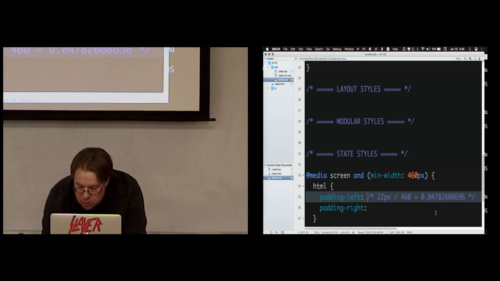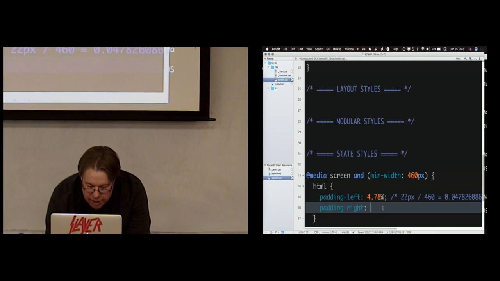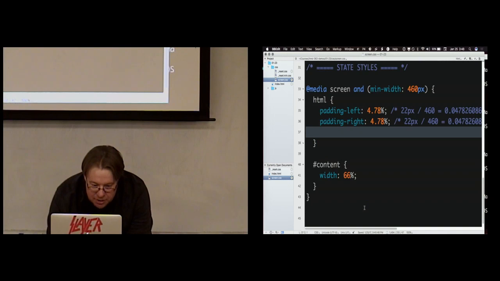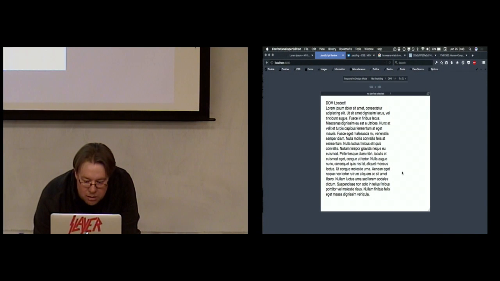So let's just take the first couple of decimal points. Move your decimal over by 2. So we've got 4.78% padding left and 4.78% padding right. So if I reload this once more,